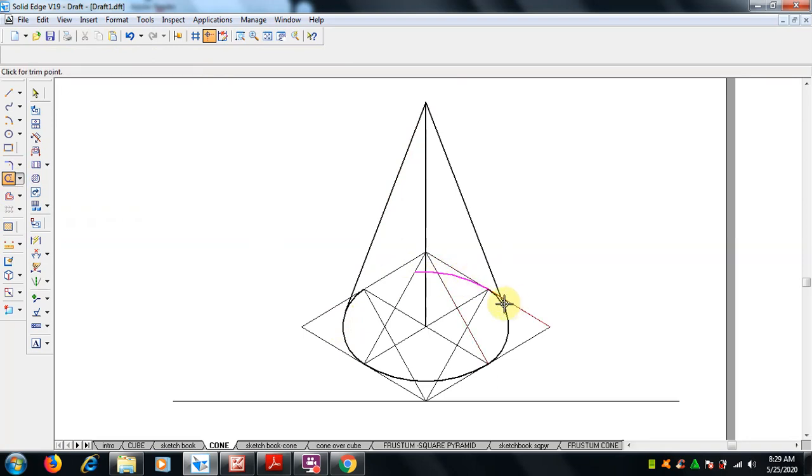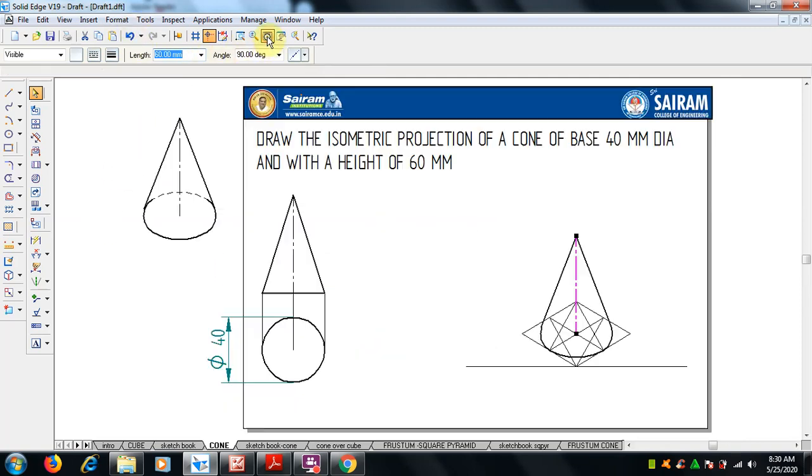Now we can trim whatever portion is not needed, all these curves you can remove, the area which is invisible, the curves which are invisible. So this is our cone and this is the axis. Right, that's all. This is a cone, but it's not isometric projection still, it's the true value what we have given. So what we have to do is finally select this cone and we have to make it as